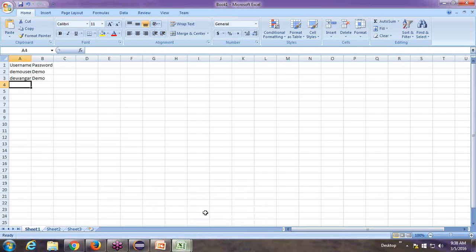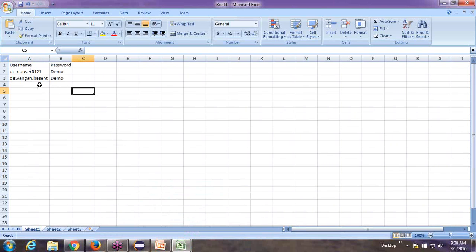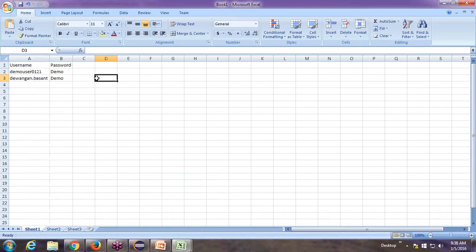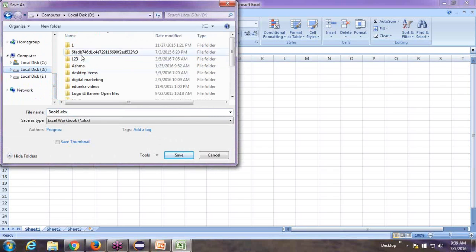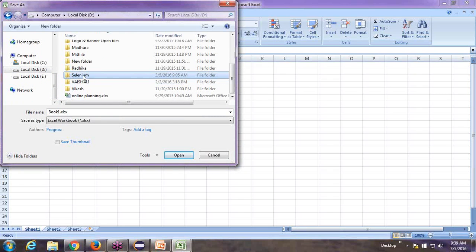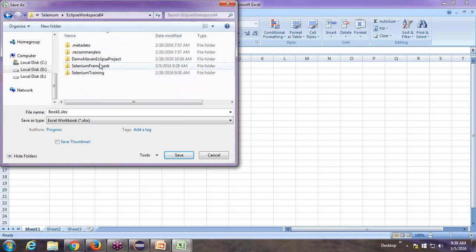Suppose we are having only two data. These are our two data. We can save it as sheet 1, anywhere in your place. When you like to use your system folder, I'm using inside the Selenium folder, and then our project name. What is the project name? Project name is our Selenium framework. Inside the Selenium framework we would like to use